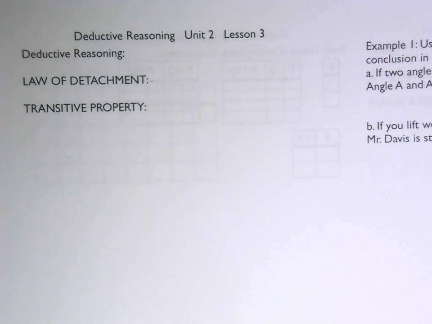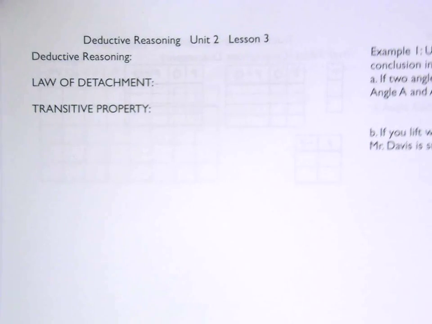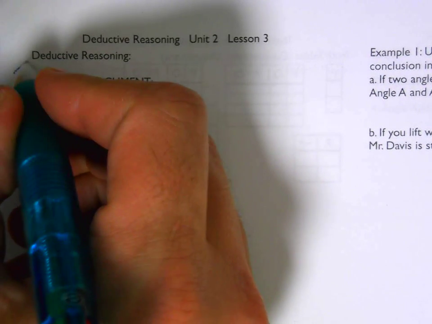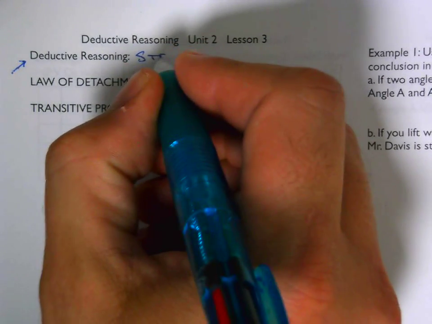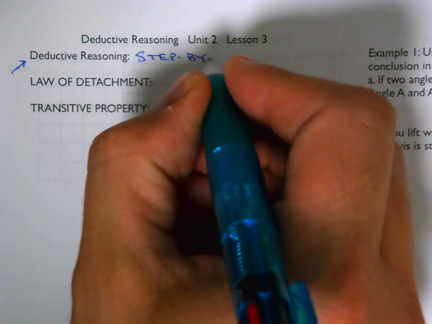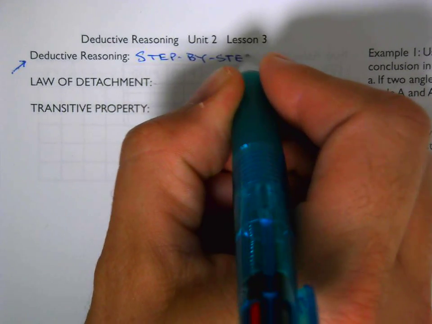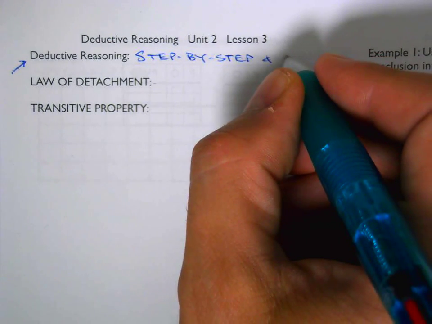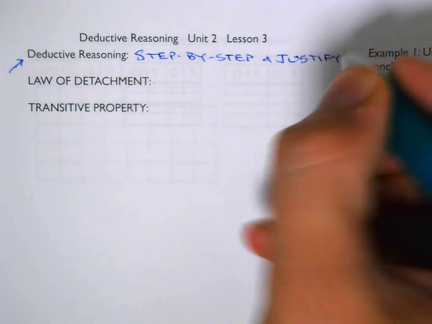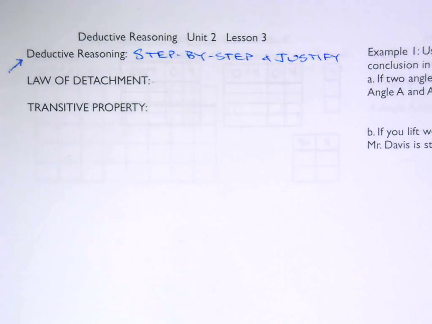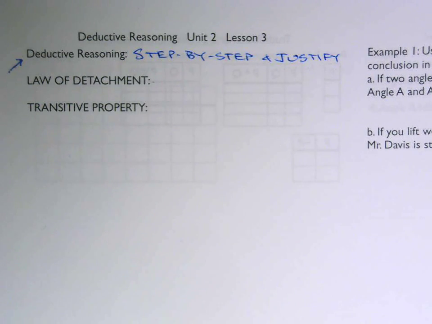Hey geometry students, today we're going to get into some of our logic rules, some of our logic properties that will be useful throughout the year. So number one, today we really get into deductive reasoning, this idea of we go step by step, and each step has a justification. So this is a really solid type of reasoning, typically thought of as